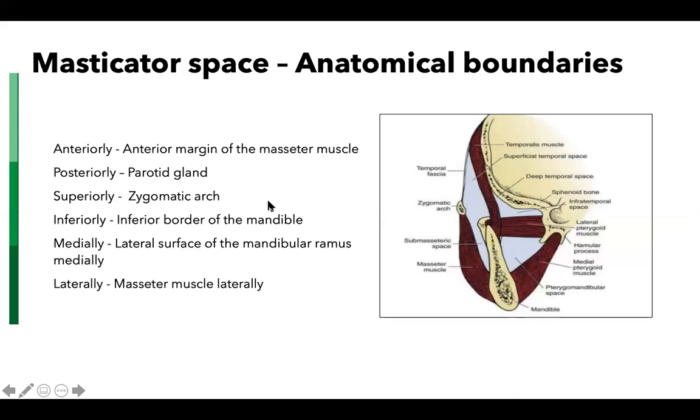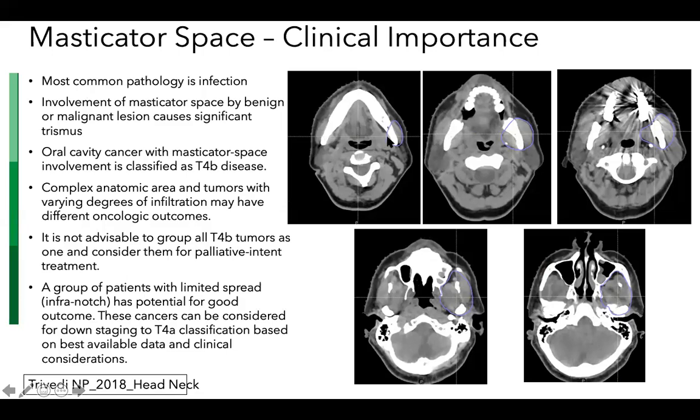So these are the boundaries of this space, and this is the masseter. It's a bit light colored, but you can see this lavender colored. So this is the lower extent, the masseter and the lower end of the mandible. Then we come up, this is the masticator space. Again, the masticator space in this area, and then again the masticator space. So this is a space that we need to be aware of, because this is a space that is at risk when we are treating buccal mucosa lesions.